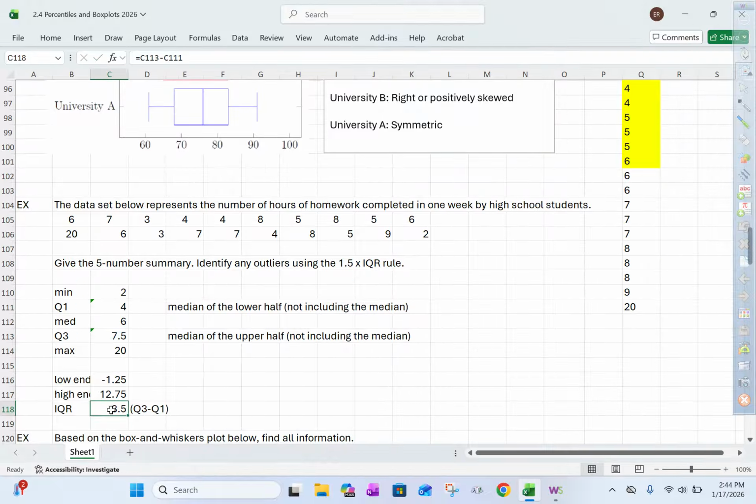And 12.75 would be the highest number that would be okay to have. Anything larger than that would be considered an outlier. So we have an outlier because it falls outside of these boundaries. So we're going to say 20 hours is an outlier since it fell outside of the interval